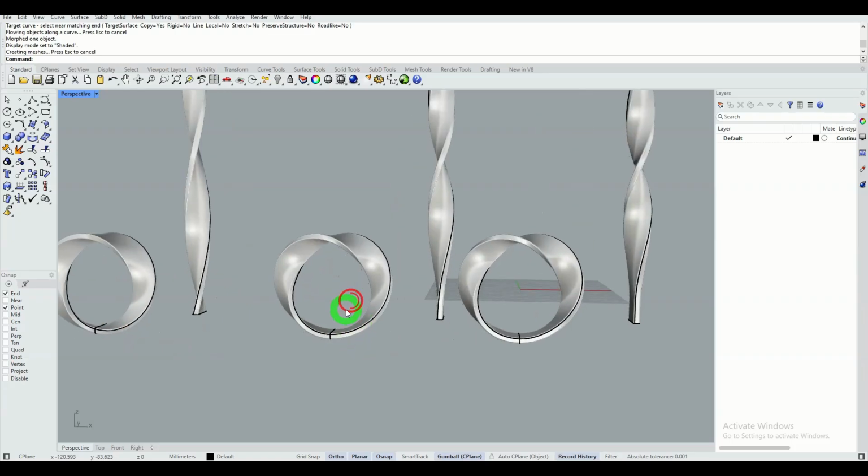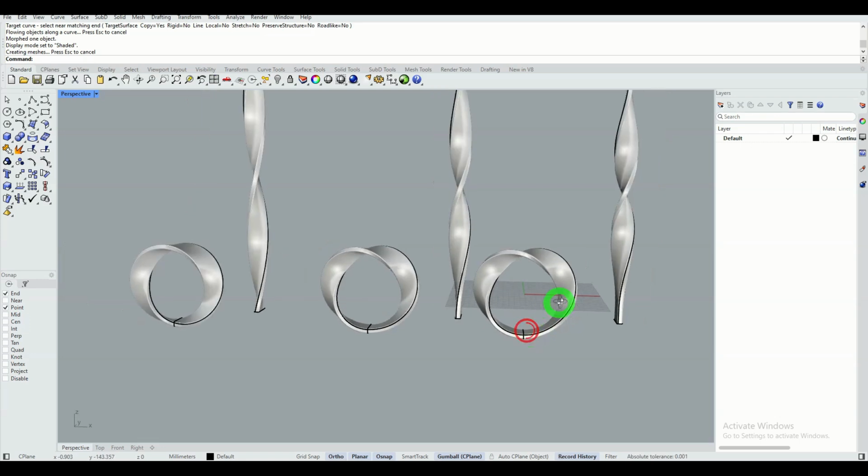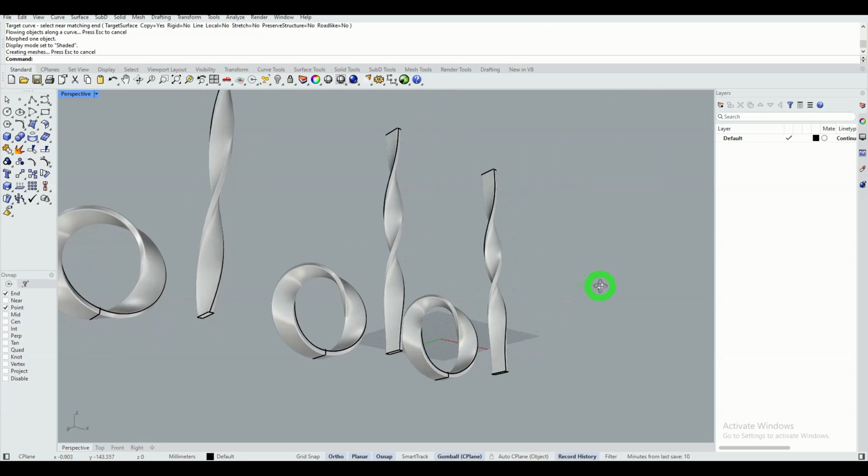In the first case, the curvature is continuous. In the second, we have a straight part in the middle, and in the third example, the straight section increases.